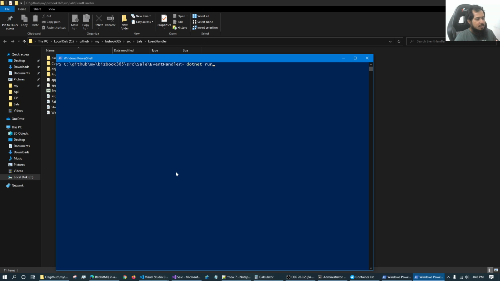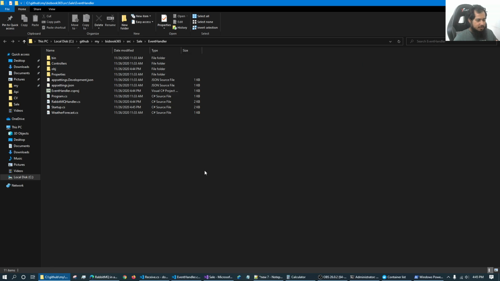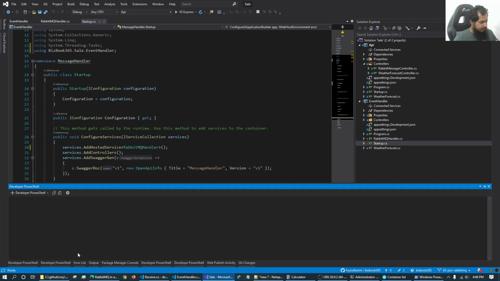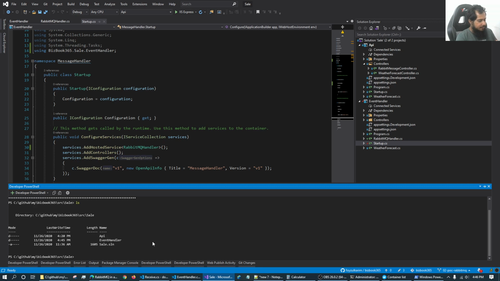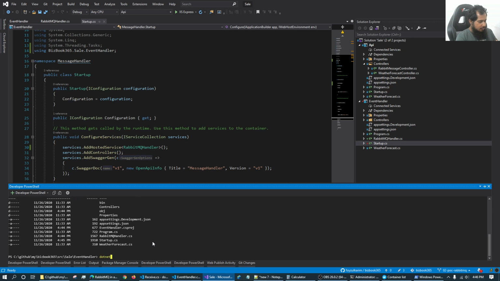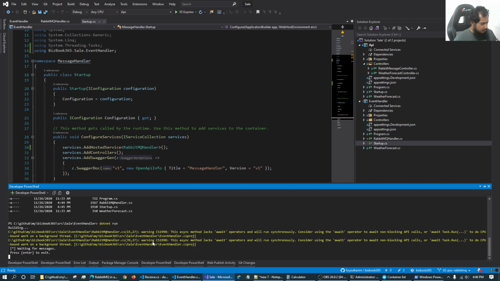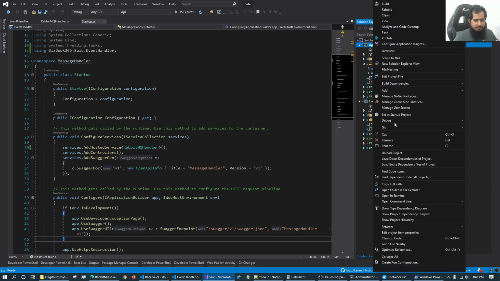.NET run. By the way, in case you don't know, let me just show you. There is another awesome tool called Developer PowerShell. I can also do the same thing in here: cd event handler, .NET run. And you can see it is waiting for the message, right? So now if we just run this,